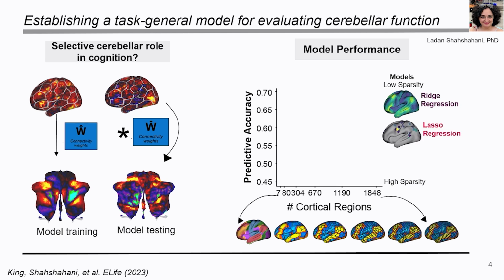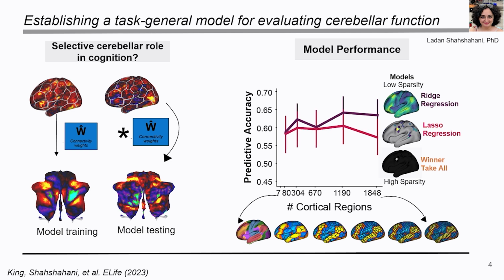We could take a more sparse model, which allows for a few different cortical regions to influence each cerebellar voxel, and then the highest sparsity model, which is a winner-take-all. So essentially what we see with the Buckner cortico-cerebellar maps, where we allow for one region. And what we find is, on the y-axis, I'm showing the predictive accuracy, so how well these cortico-cerebellar models can predict each cerebellar voxel. And what we find is that models with low sparsity, so that allow for many cortical regions, perform best of all, followed then by intermediate sparsity, and then winner-take-all